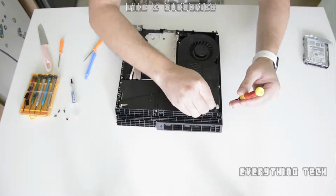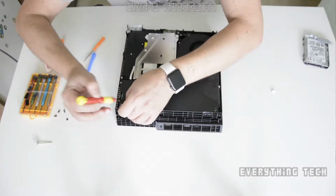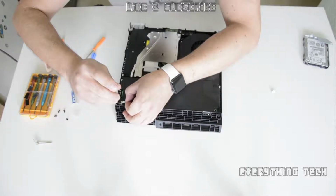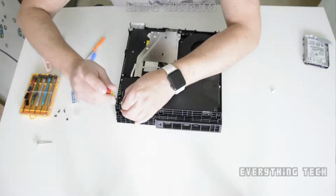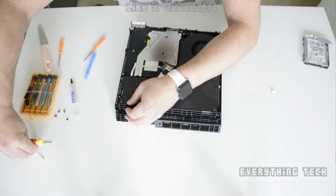out of it. Those are the power supply screws. They're very long ones with a little bit of metal sticking out. Just leave them inside a little bit of metal. There's 2 of them, one on each side, so take them both out, and it's time to pick up your